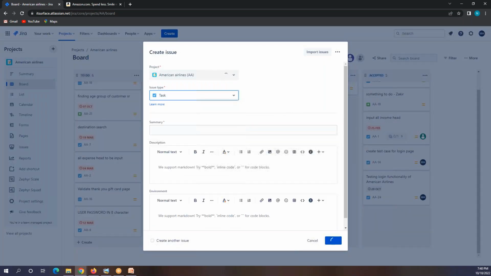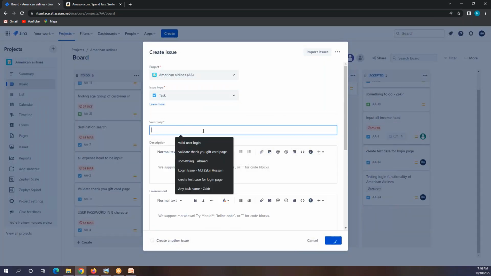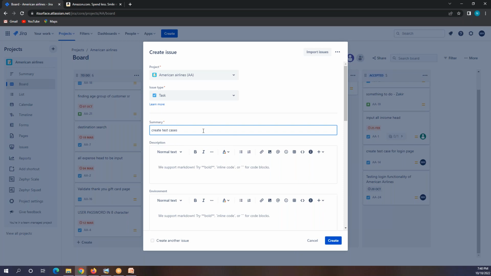And what kind of task? You have to create 10 test cases, something like that. You have to write test cases for this. So you have to mention the names for the test cases, the stories. This is the summary, and you have to mention all the test cases, the stories here. Once you're done, you will create the task.